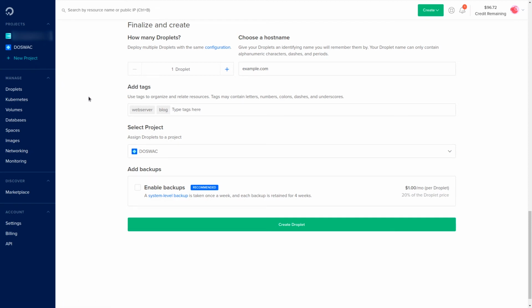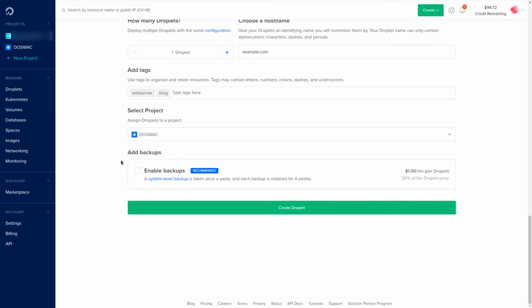We will create a new project in another video tutorial in detail. For now, I am happy with the default selected. We can also enable backups, so when we have any disaster on our server, we can restore our server. And finally, click on the Create Droplet button.